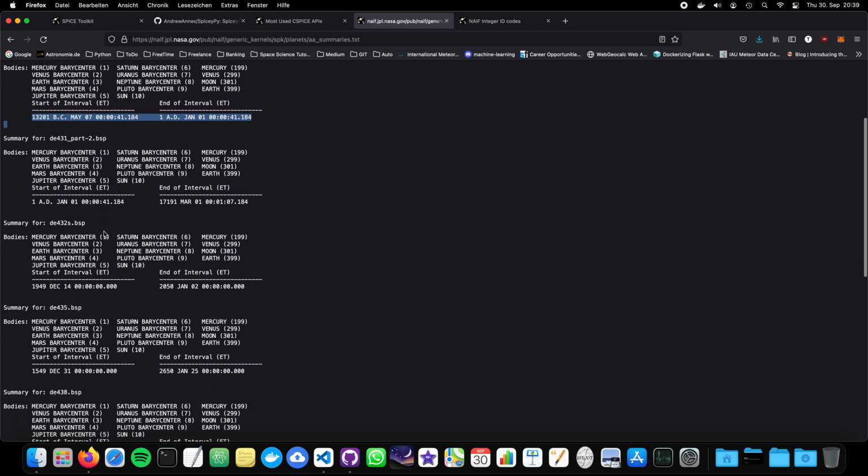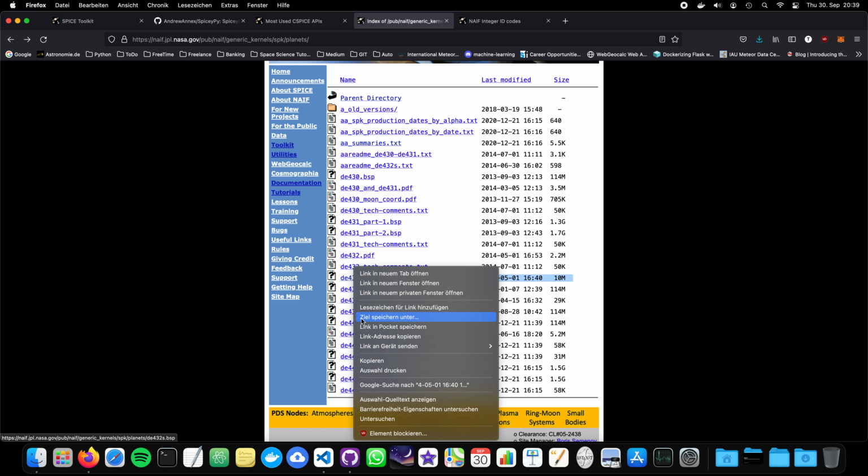I know, you're right, but I would like to provide all these kernels in my GitHub repository so that you don't have to click around in all these repos here, but by simply making a pull from my repository, you can directly start using it. So all the code I show will be also stored in the GitHub repository. So let's apply the same logic, SPK, and download it. Perfect. Now we can go back to our VS Code,